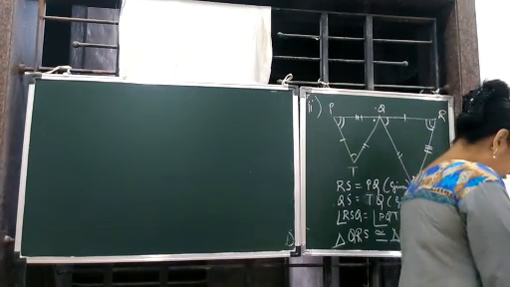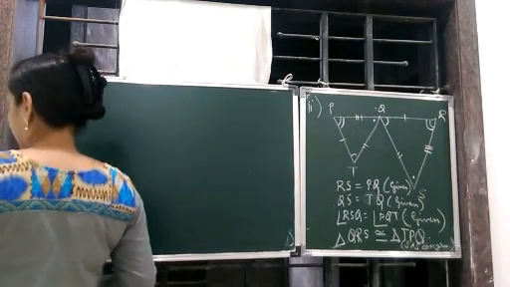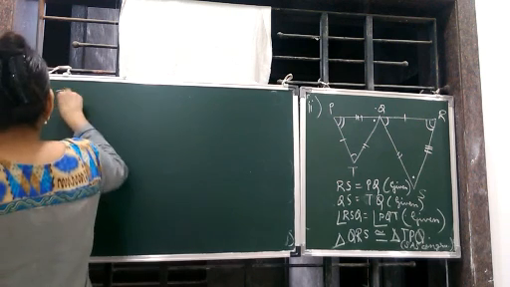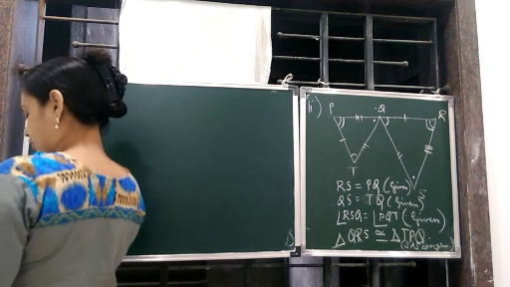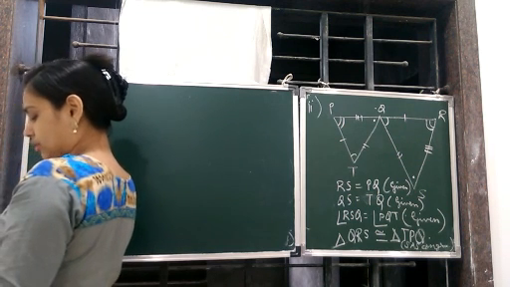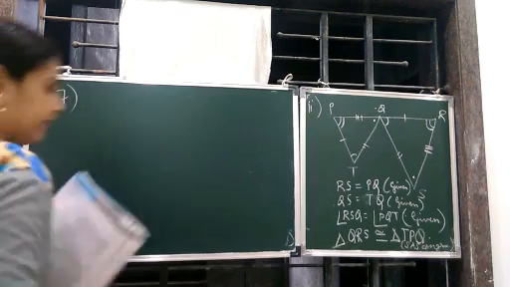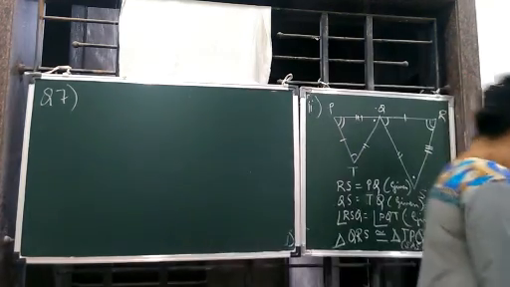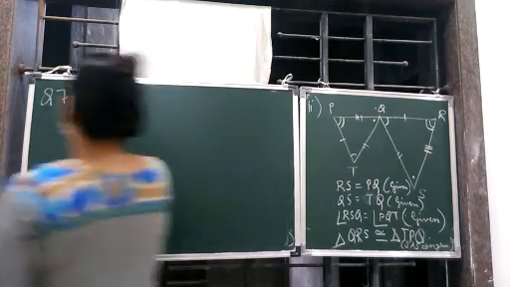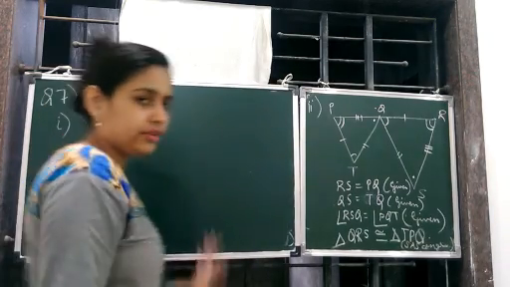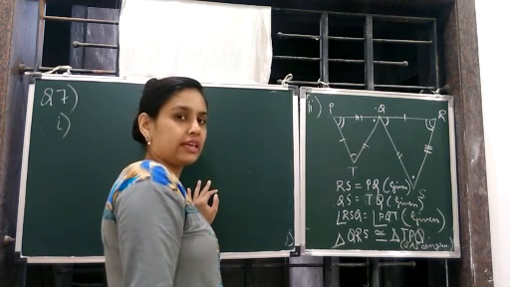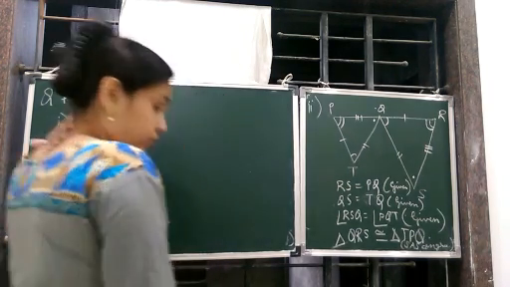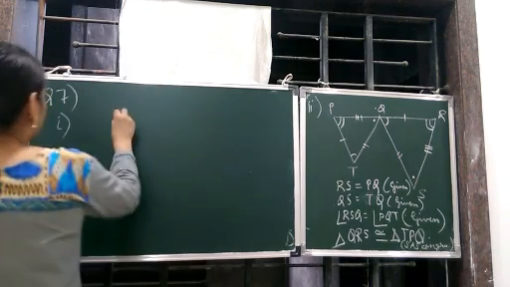Question number 7. In a squared sheet, draw two triangles of equal areas such that triangles are congruent and triangles are not congruent. What can you say about their perimeter? We have to draw two ways. First we do the first one, then the second one, and we also have to write what we can say about the perimeters of the triangles.